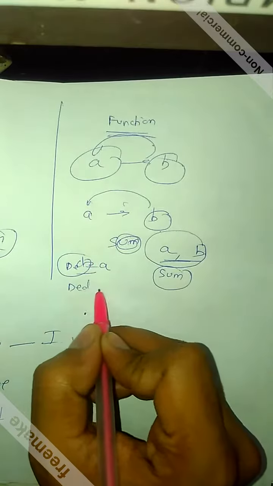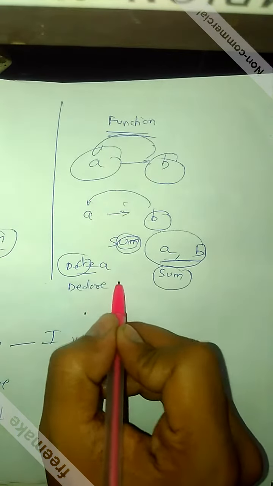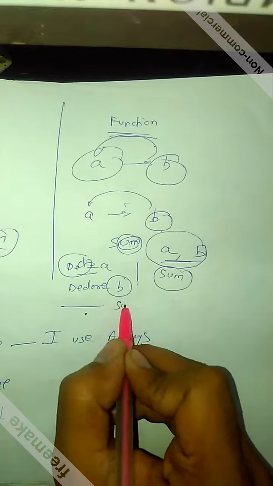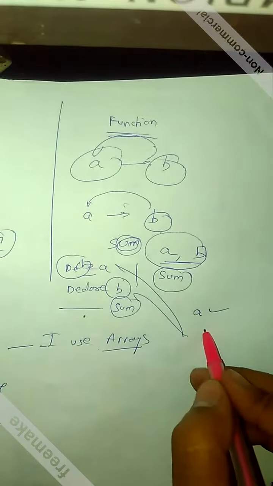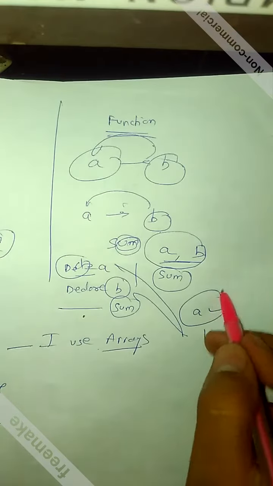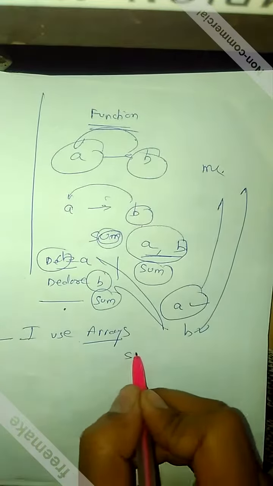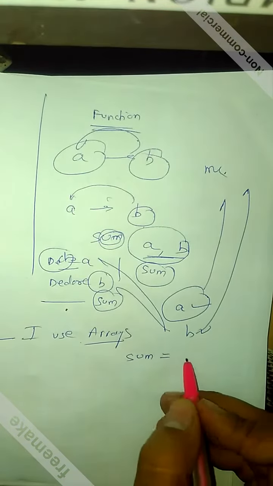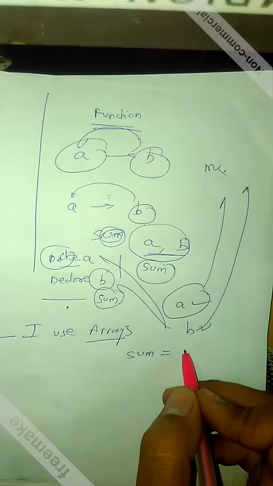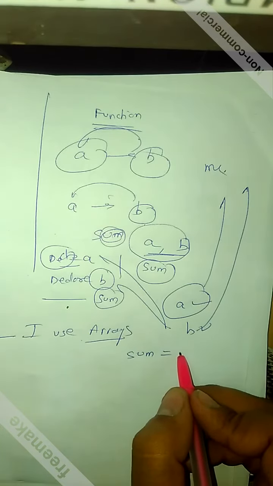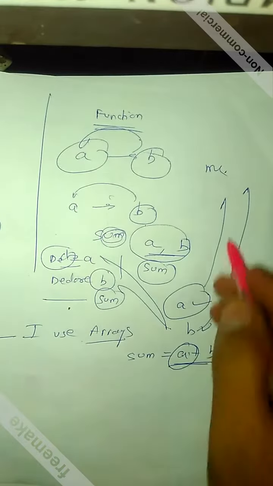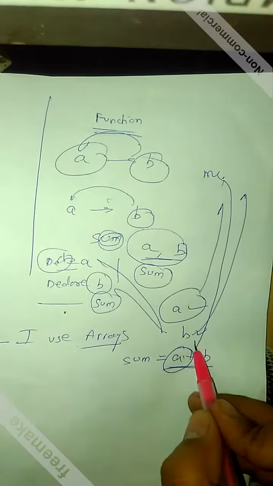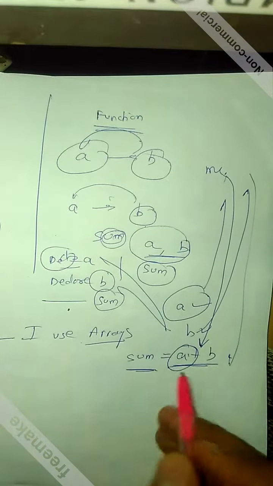okay, then you will declare b, then you will declare sum. Okay, you will enter the value of a. Okay, done. Now you will enter the value of b. The a value which you entered will be stored in memory. Similarly, b will be stored in memory. And when we call sum, now what we want is for sum to add the values which are assigned to a and b. So the value of a will be extracted from memory, b will be extracted, and sum will be assigned.